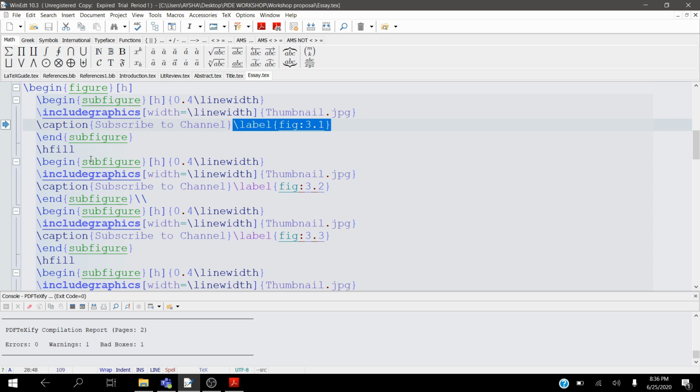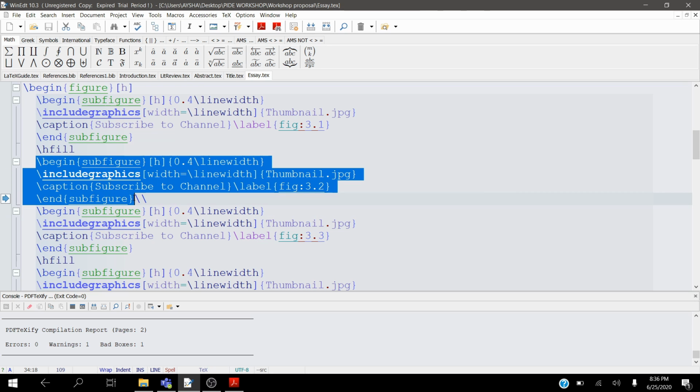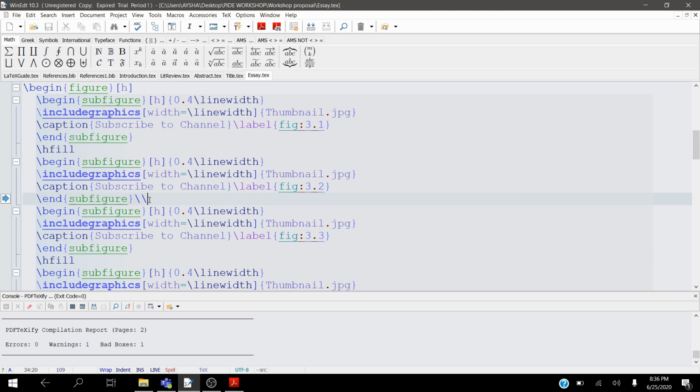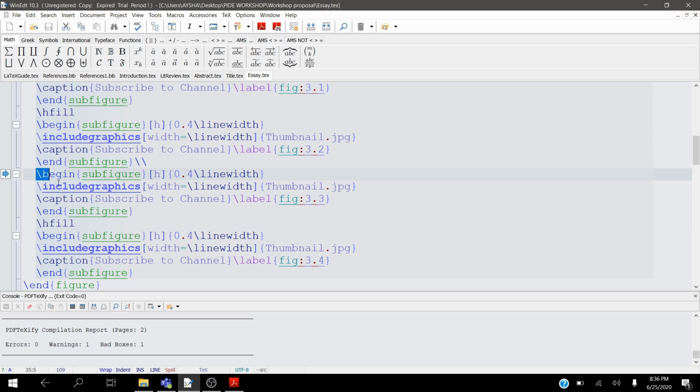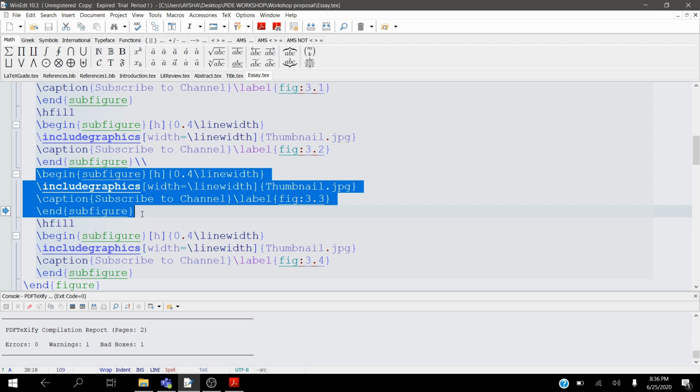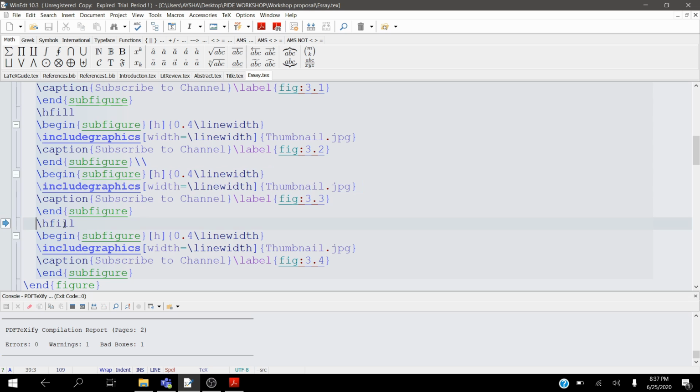Then \begin{subfigure} after \hfill for the next. Since I want four figures, which are placed apart from each other, every time I want to place two figures apart, I will give the \hfill command, and again a \begin{subfigure} environment. So I want two pictures in one row. To end the row, I'll give the double backslash command to go to the next line and again start with the \begin{subfigure} environment. So again, the same environment with the same caption for my document, \hfill, and the fourth figure of this environment.